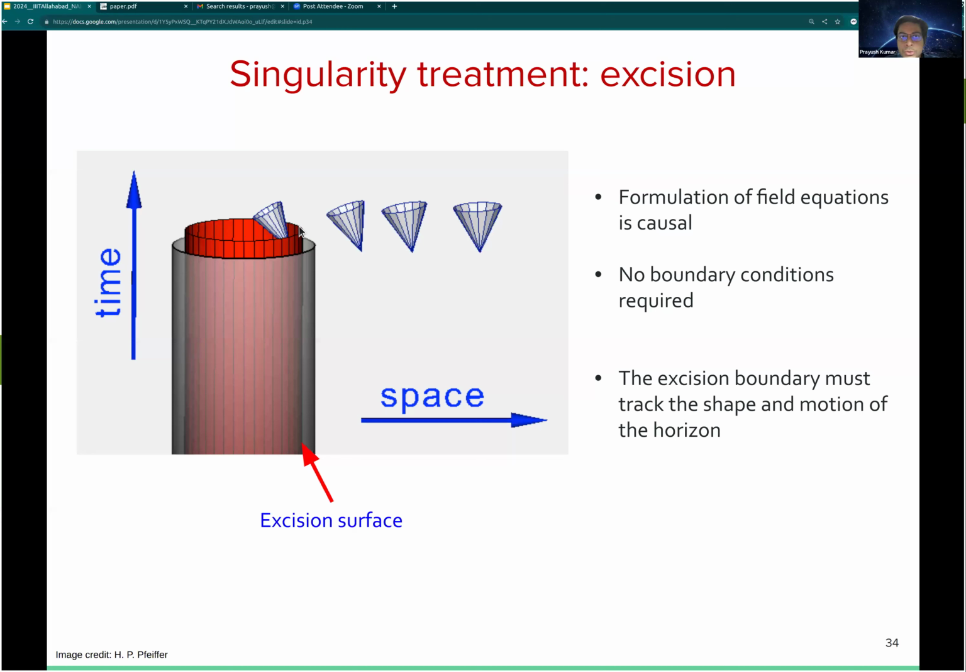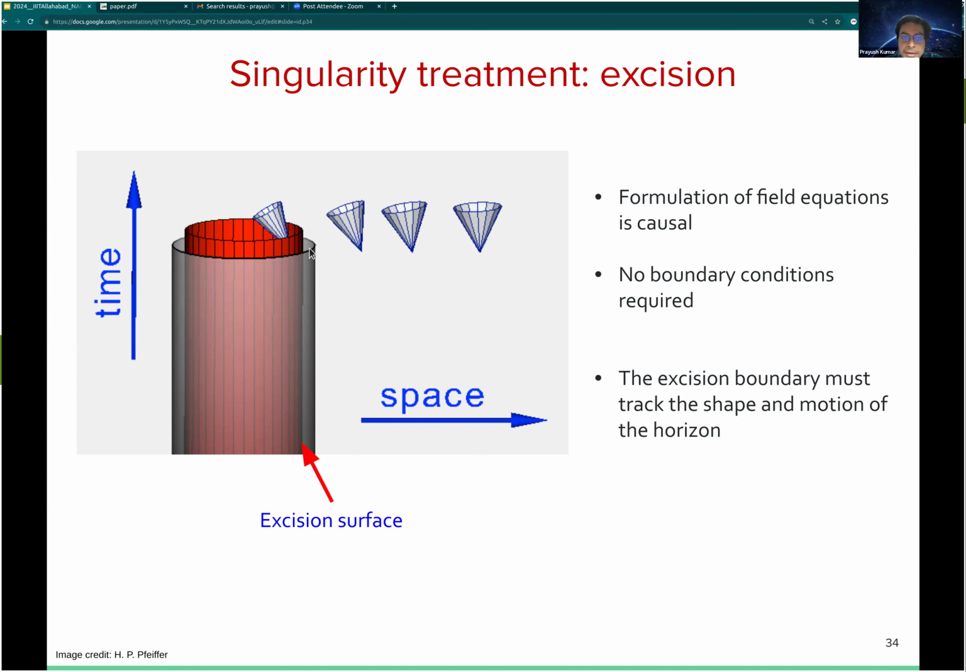So how do we deal with the singularity? For the spectral Einstein code, we excise out the singularity. What does that mean? We cleverly design a domain such that it extends inside the horizon, yes, but it doesn't extend all the way to the singularity. So